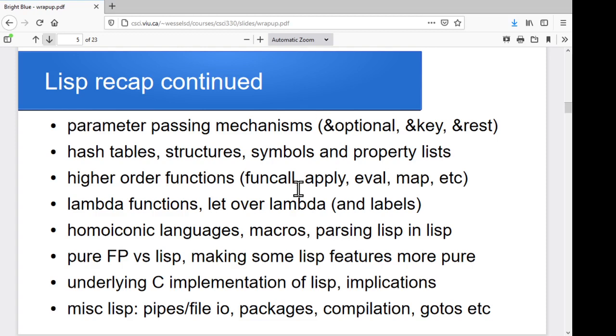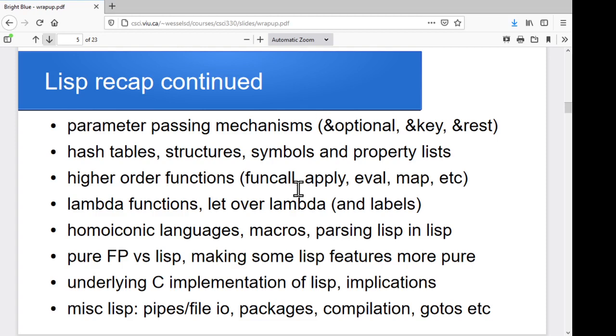We looked at the idea of homoiconic languages in general, right? Languages that can read themselves as data, and looking at macros and having macros rewrite the language for us to provide us with new functionality. We looked at the idea of parsing Lisp in Lisp, right? Using this kind of homoiconic idea to go through and say, okay, well, maybe I can have my Lisp code read portions of itself and form new Lisp and use that, or form new code as it goes, and use